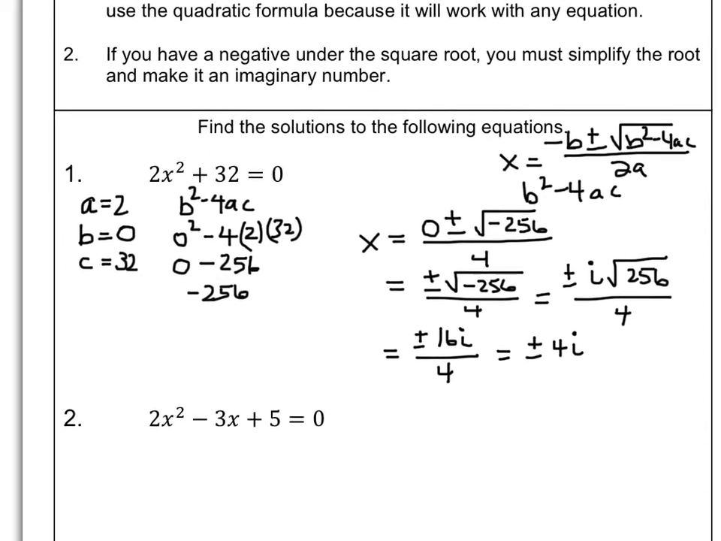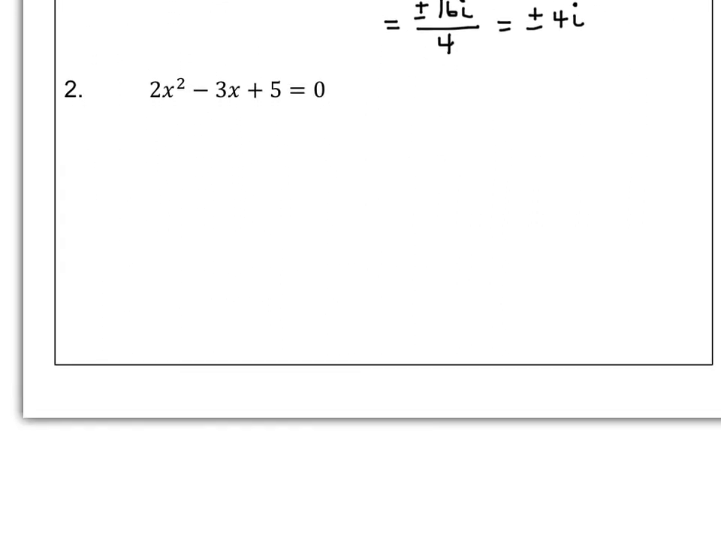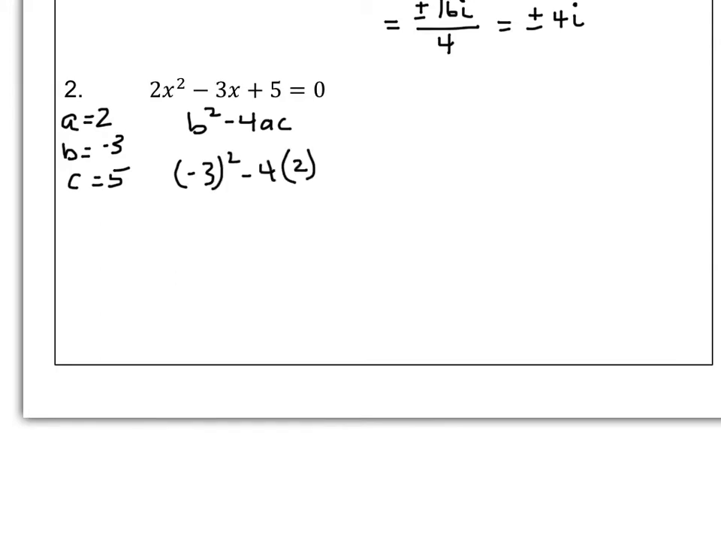Okay, now let's take a look at problem number 2. 2x squared minus 3x plus 5 equals 0. Again, the first thing you have to check is to make sure your equation is equal to 0, and it is. So we can figure out a is 2, b is negative 3 this time, and c is 5. We're going to plug it into the quadratic formula. We're going to use b squared minus 4ac first. So we've got b, which is negative 3, squared, minus 4 times a, which is 2,